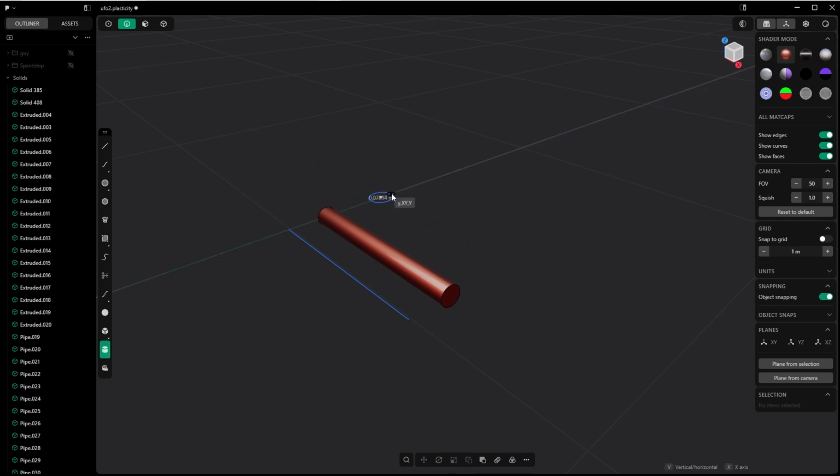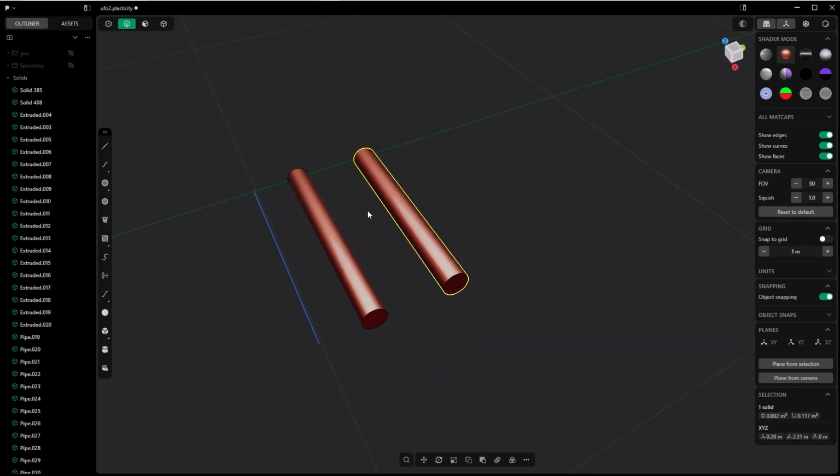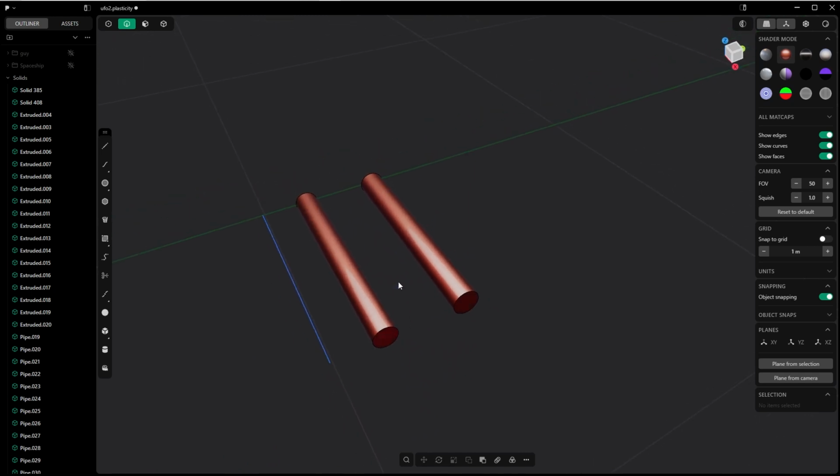and now I will create a cylinder right away with the solid tool. So let's assume that they are identical, but they don't need to be identical to discuss the now following weird